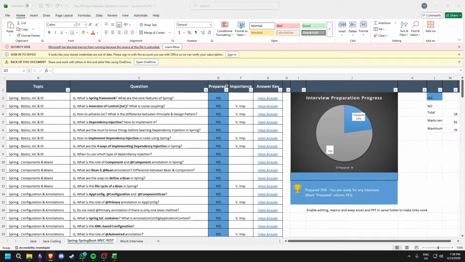स्प्रिंग में ऐसा खास क्या है? IOC कंटेनर है। IOC कंटेनर मतलब एक कंटेनर जहां पर बहुत सारे ऑब्जेक्ट्स पड़े होते हैं। IOC बोले तो इन्वर्जन ऑफ कंट्रोल, जो मैंने आपको बताया अभी। कंट्रोल जो है वो पलट गया है, आप खुद क्रिएट नहीं कर रहे हैं, किसी और से करवा रहे हैं। किसी और के पास आ गया कंट्रोल ऑब्जेक्ट को क्रिएट करने का।